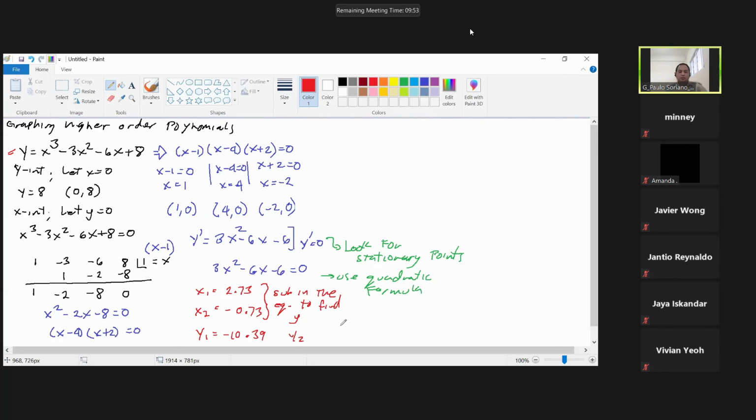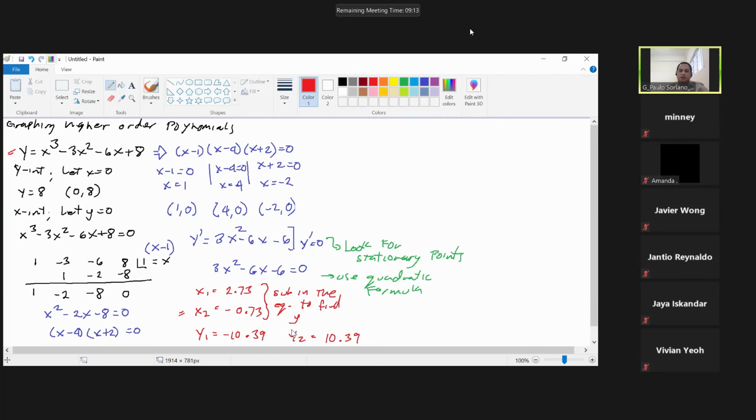While y2, when you substitute this, will give you positive 10.39. Okay, so we just got lucky. It can happen that it will have the same value, one positive, one negative, but sometimes these are